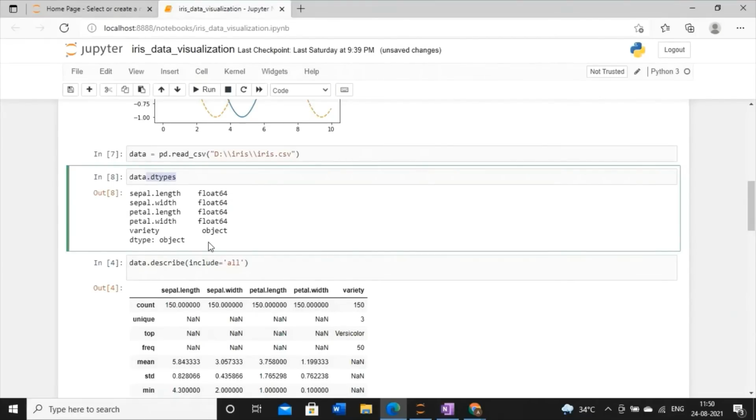Now if you execute this code, what is the outcome of this dtype? We have to understand this one. Whenever we are talking about dtypes, what am I getting? I am getting the type of the data and the size of the data. See here what I am getting. Here dtype is actually giving me the type of the data present in each column. You know what my dataset is?